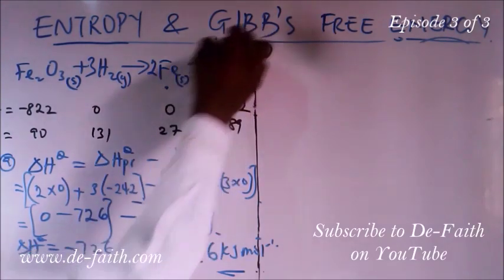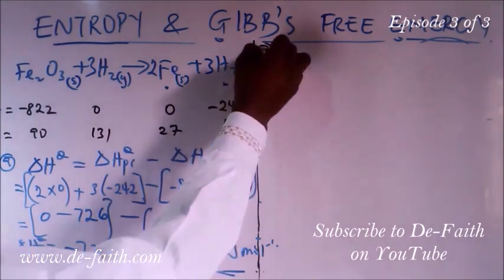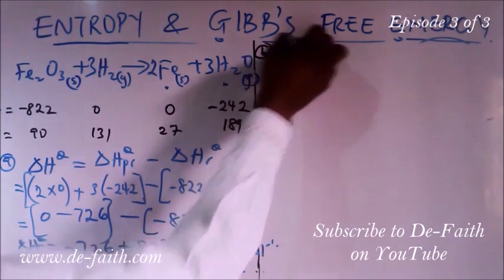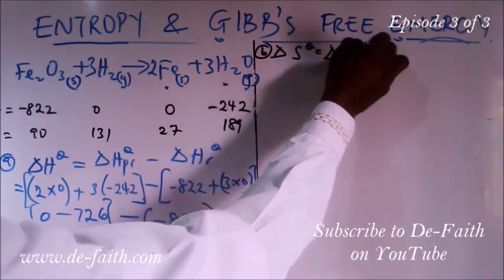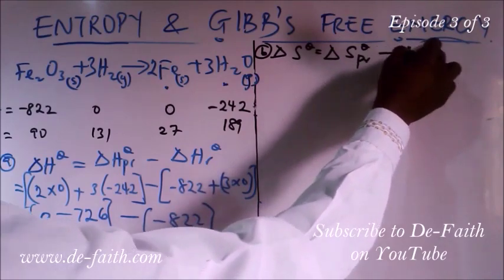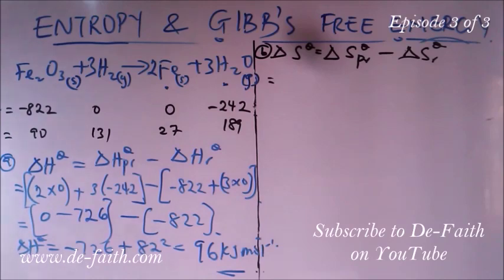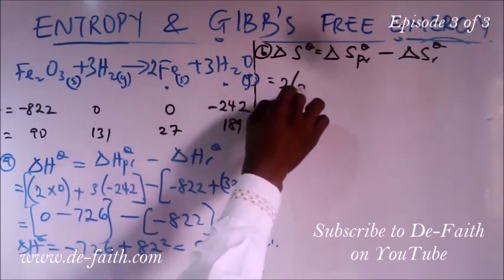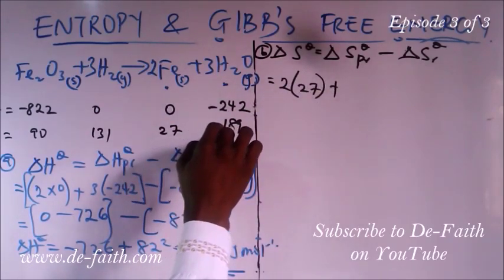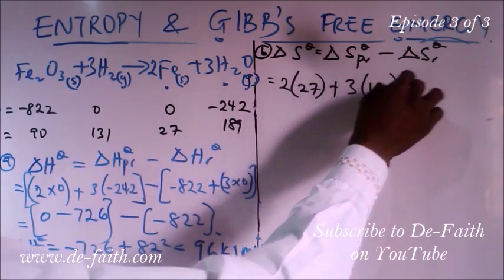For the B part, we have to calculate the standard entropy change. And we have that the standard entropy change of the reaction is equal to the standard entropy change of the products minus the standard entropy change of the reactants. Here are the values we will use. For the products, we take these two. We have 2 moles multiplied by 27. The other product is water, which is 3 moles multiplied by 189, minus,